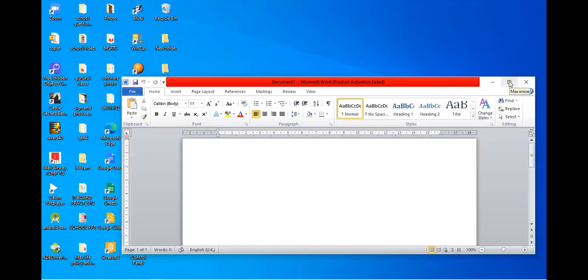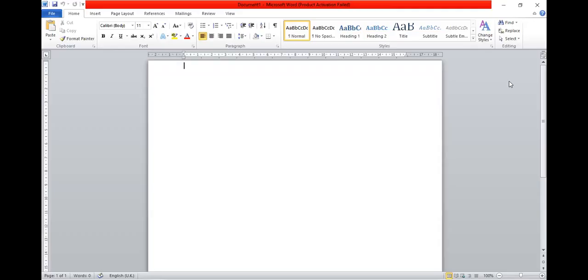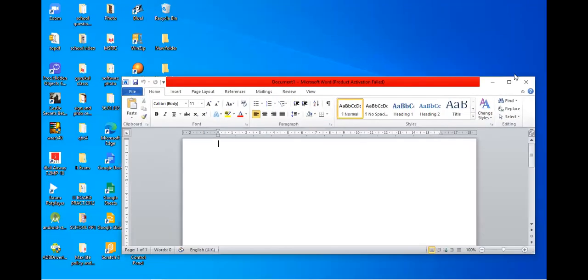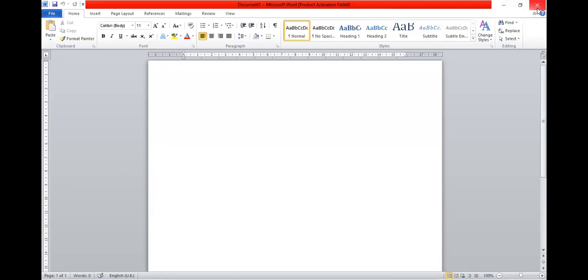This is called the maximization of windows. And this is called minimization. Windows 10, or the Microsoft application, will automatically help you. They will prompt you. You can see it is prompting me like this: minimize operation, restore down. You can maximize it. You can see this is a close operation. When I press it, the window will be closed.